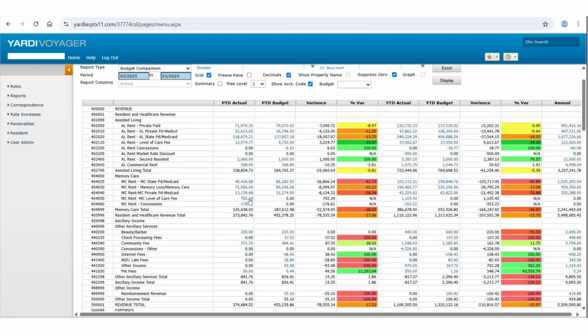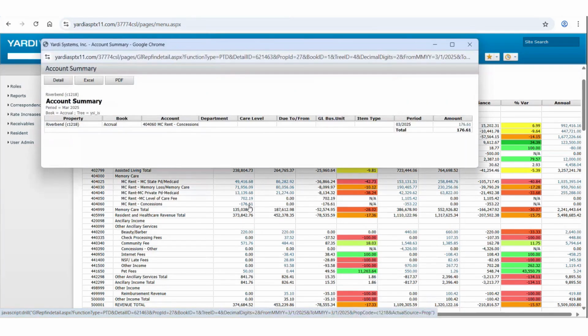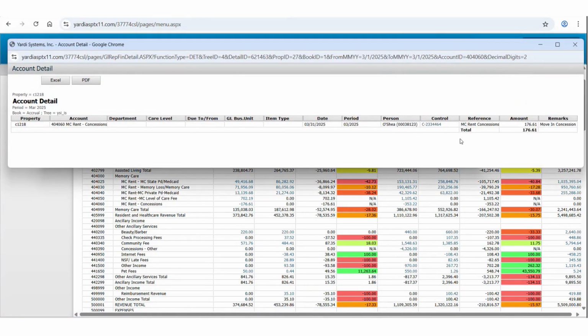Maybe let's look at this concession, this $176 concession here. I'm going to go ahead and drill down. As you know, you just keep clicking on the blue link to drill even farther. So now that I've drilled farther, if I didn't know as an executive director what that was, or maybe we